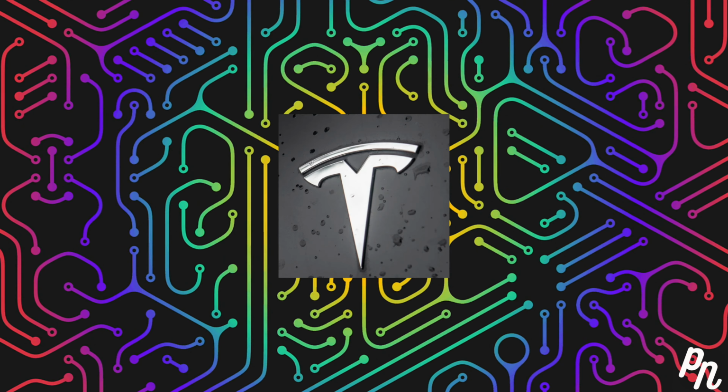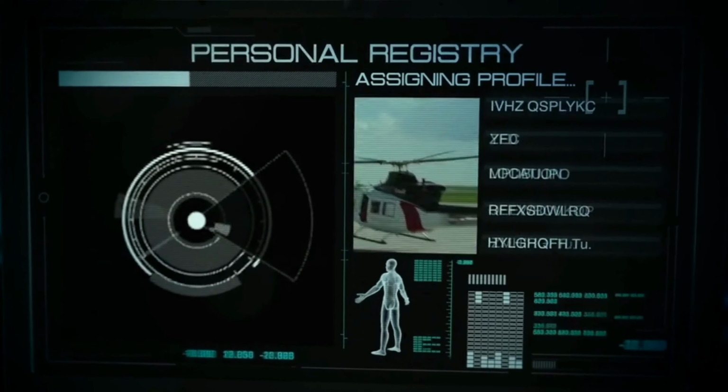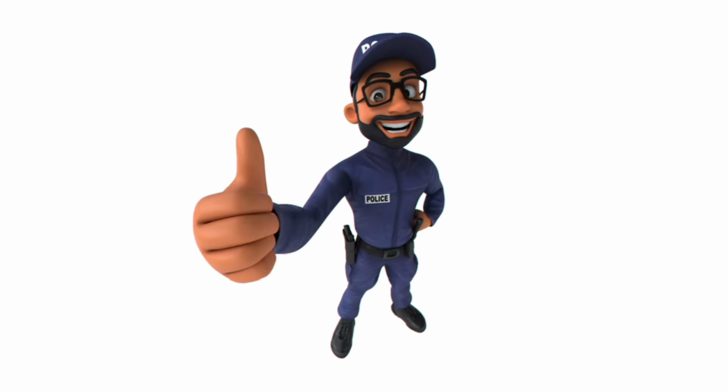Number 14. Security and surveillance. AI techniques are being successfully applied to multiple aspects of cybersecurity, including anomaly detection, solving the false positive problem, and conducting behavioral threat analytics. AI is playing a big part in security and surveillance with technologies like object recognition and facial recognition. It is getting better and better every day.